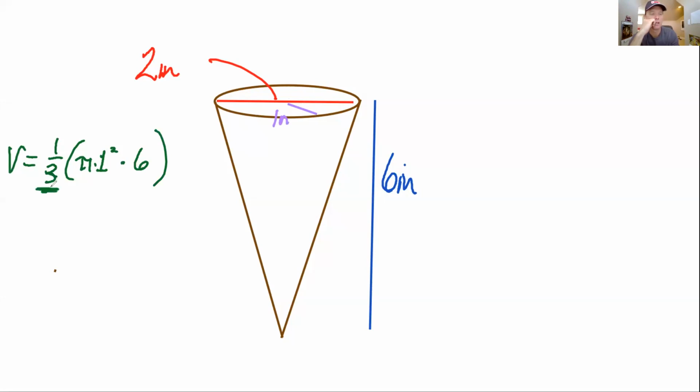So make sure you get that. It's 1/3 pi r squared times h. And it's interesting, I'm hoping to have these for next year. I'm not going to help you at all, but they actually sell these